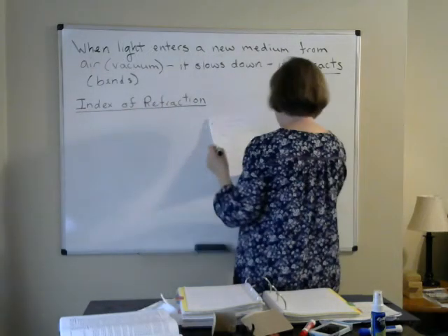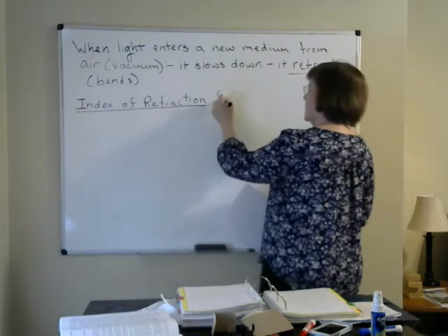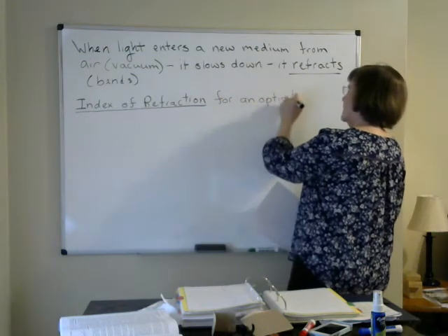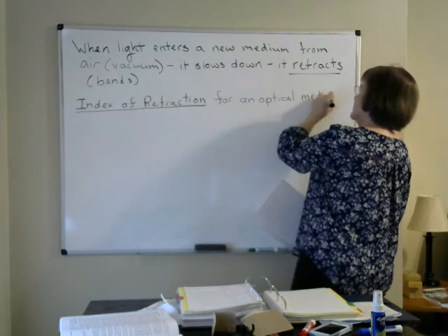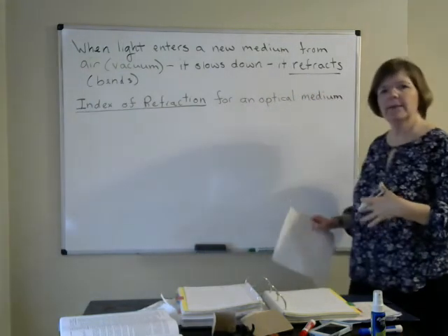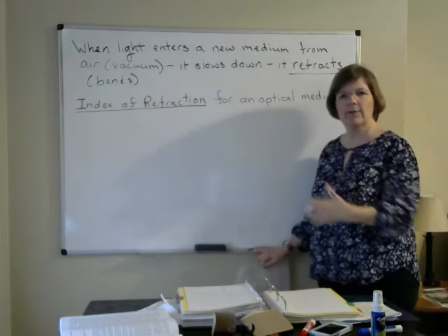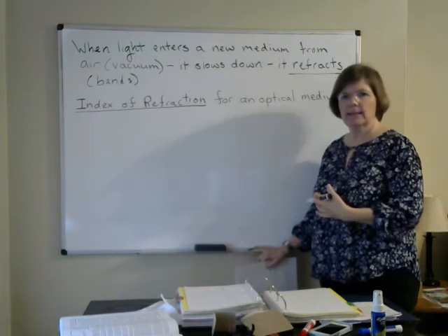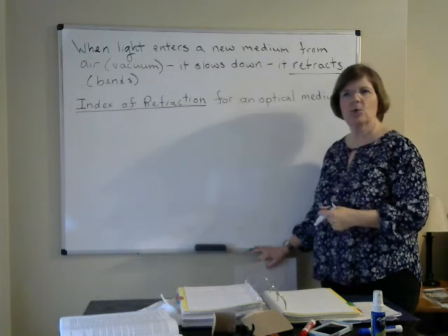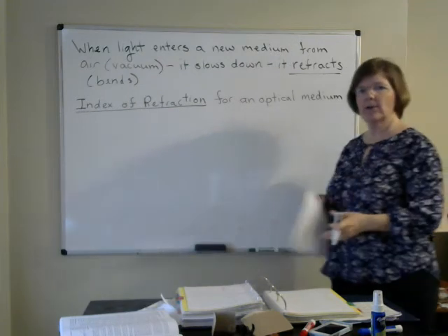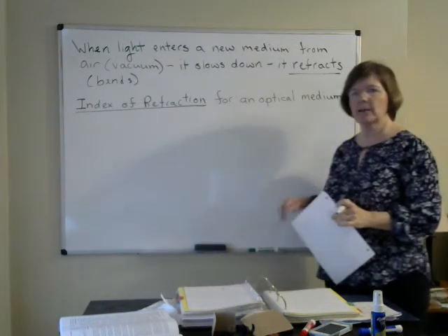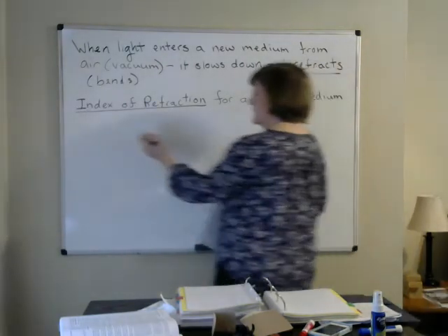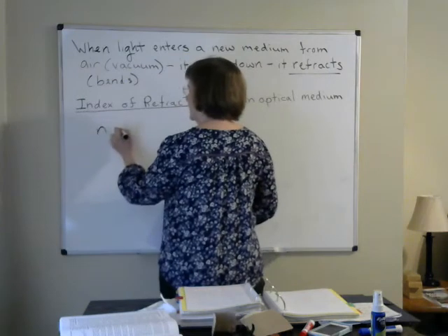Generally, an optical medium means a medium that allows light to travel through it: glass, water, alcohol, all kinds of plastics and glasses, quartz, different materials that are transparent or semi-transparent that light is going to travel through. The symbol for the index of refraction is simply a lowercase n, and it is equal to